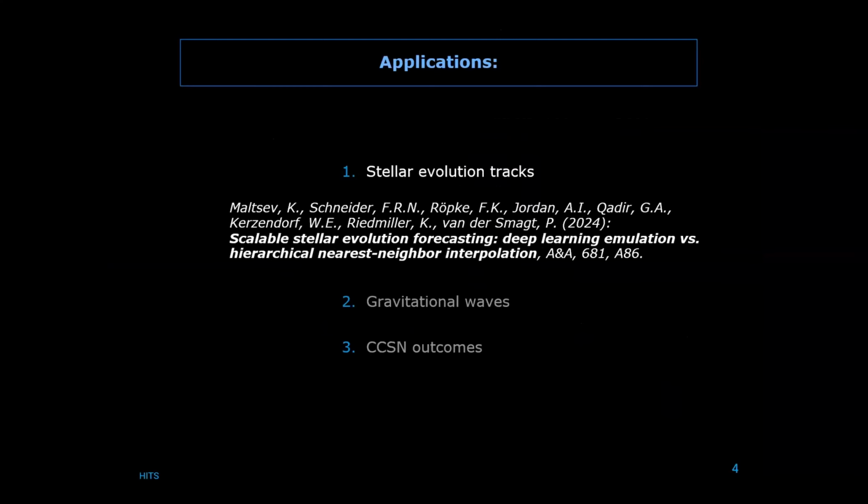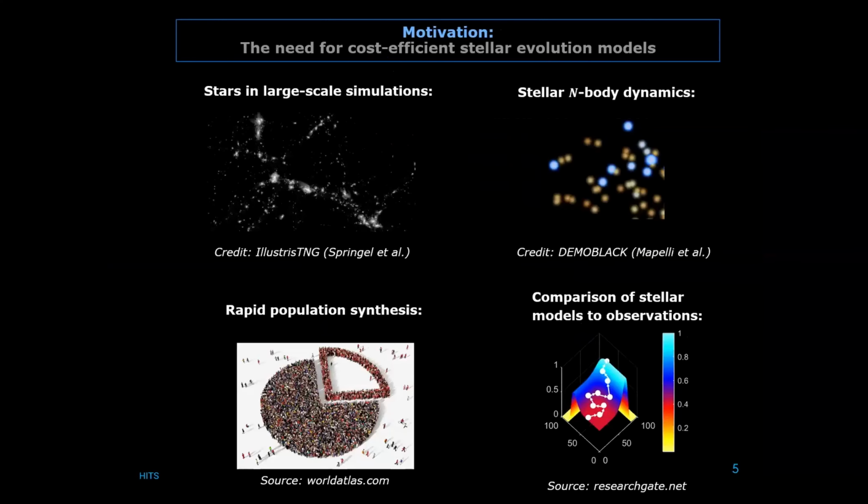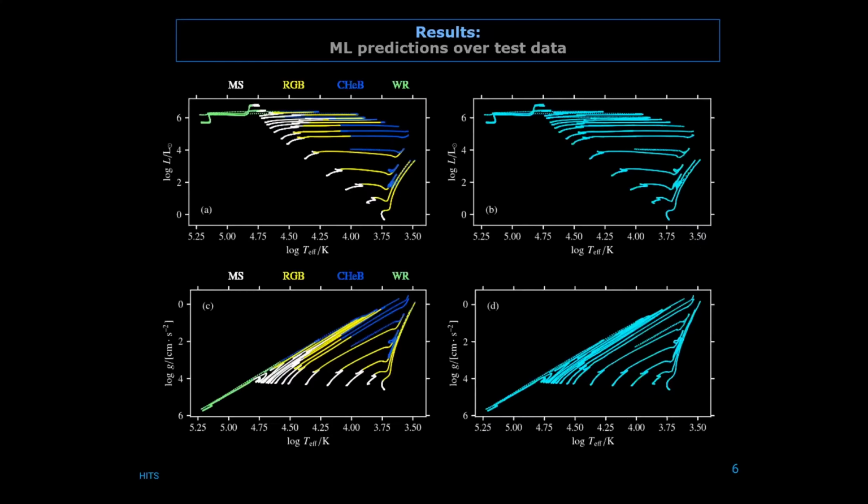This is a recently published paper, and the reason one needs cost-efficient evolution models is that there are several astrophysical applications that require them. First of all, large-scale simulations of, for example, galactic evolution, then stellar N-body dynamics codes, rapid population synthesis, and also the inference of stellar parameters from observations, which typically requires millions of evaluations for convergence to the best-fit model. And what I've done is I've taken a set of evolution tracks pre-computed with the MESA code from